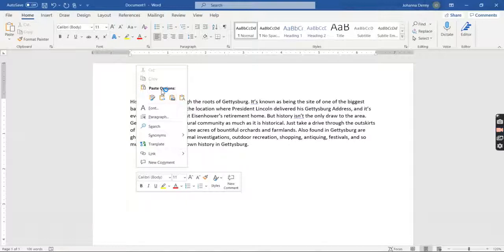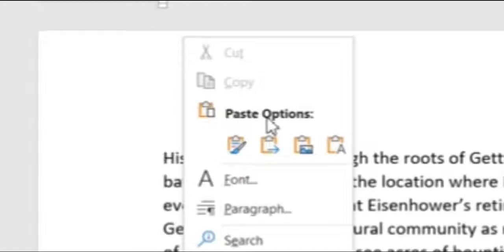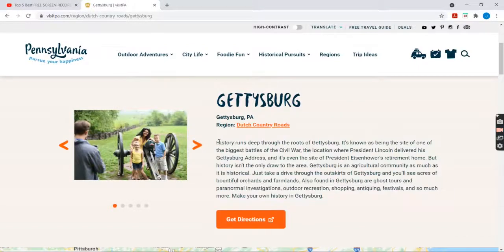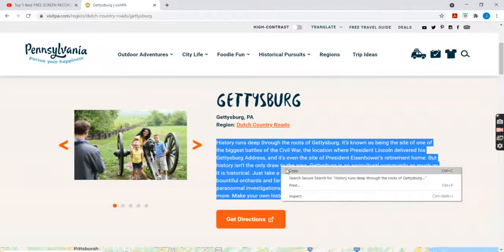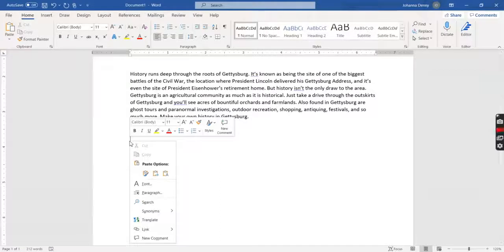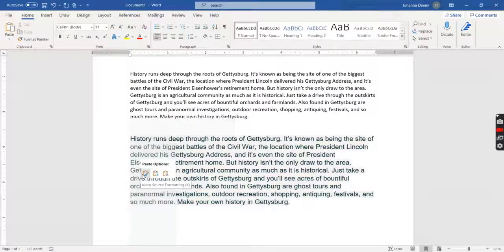Now pasting can be done in several ways or formats. You could paste with the format that you copied from another website. Let's go here to visitpa.com where I got this information from. So I'm going to right click, I'm going to copy, I'm going to go back to Microsoft Word. Let's delete that. Let's press enter to go down an extra line. I'll right click and it gives you paste options. So the first paste option is keep source